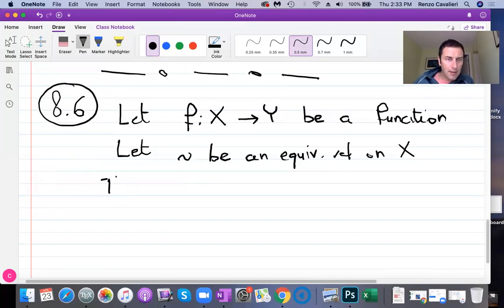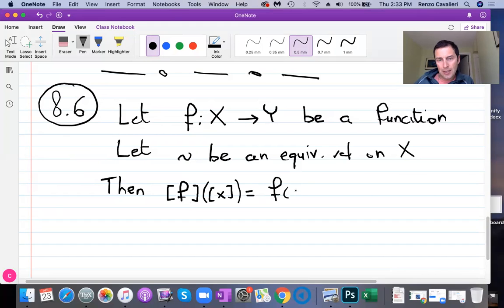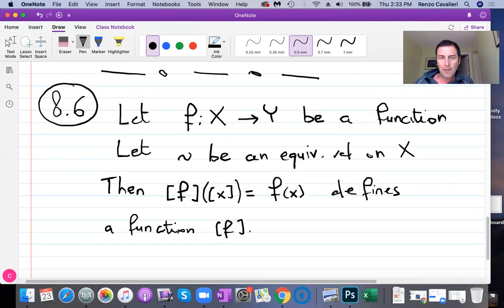Then square bracket f of square bracket x being equal to f of x defines a function square bracket f from the quotient set x mod tilde to y if and only if,